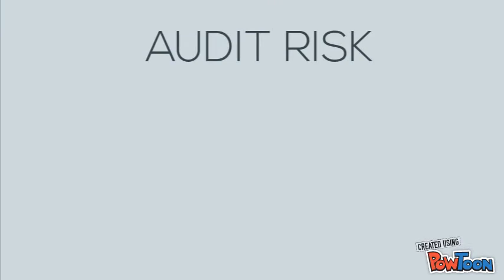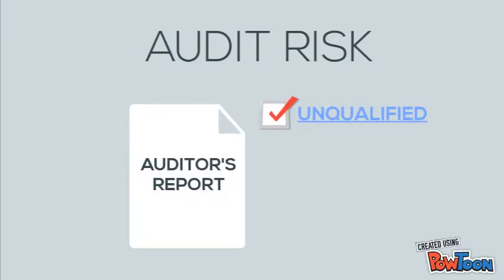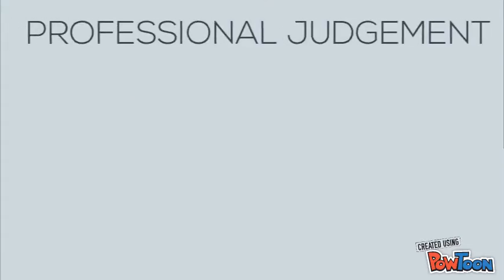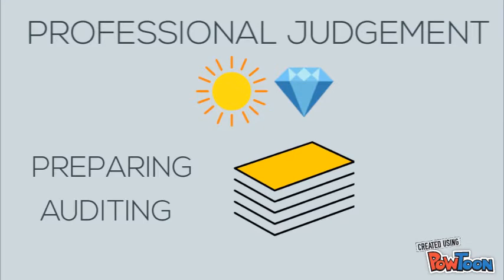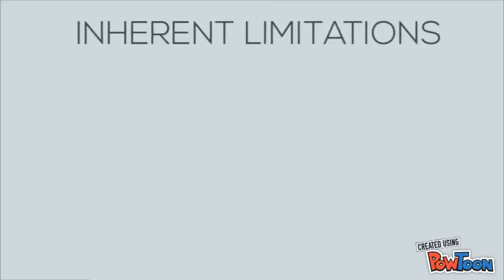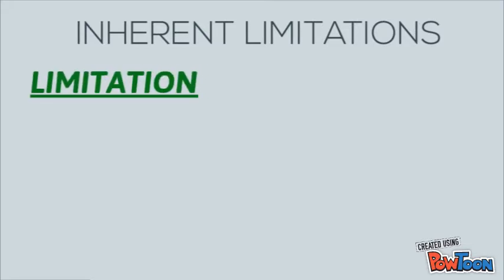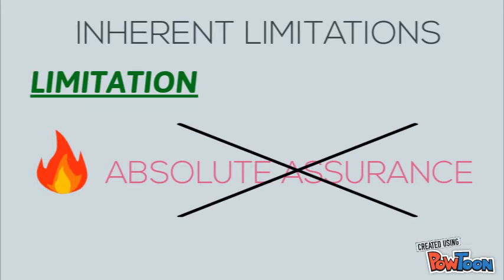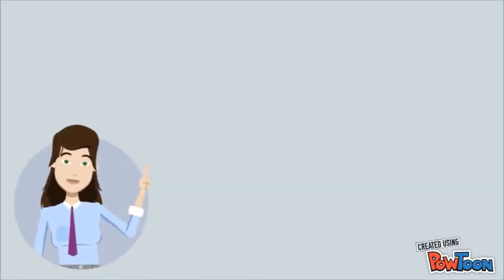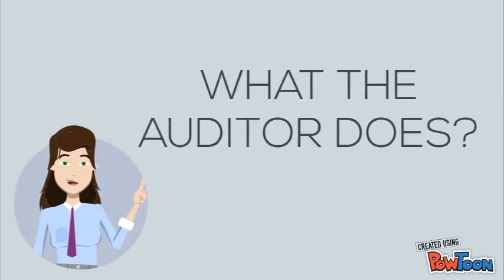Audit risk: the risk that an auditor may issue an unqualified report due to the auditor's failure to detect material misstatement, either due to fraud or error. Professional judgment, a key skill in preparing and auditing financial statements. And finally, to our last concept, inherent limitations, such features of an audit that constrain the auditor from obtaining absolute assurance. Enough for that. I am now going to take you on a wonderful journey of what an auditor really does